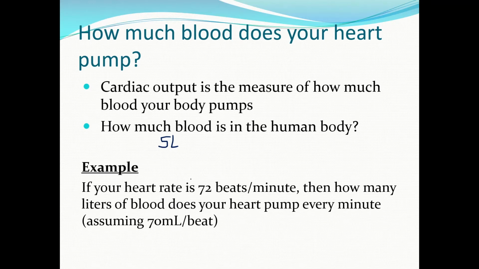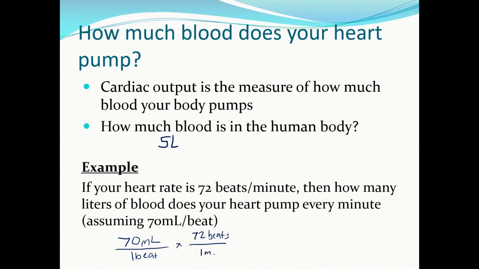So your heart beats about 72 beats per minute. Then how many liters of blood does your heart pump every minute? And it tells us that there's 70 milliliters per beat. So if we want to know how much blood our heart pumps per minute, all we have to do is set it up like this. So we have 70 milliliters for every 1 beat. And then we have 72 beats